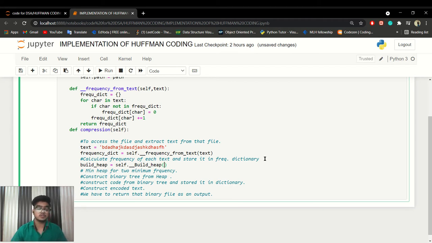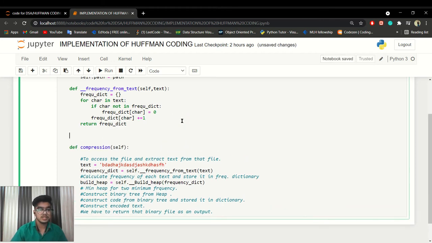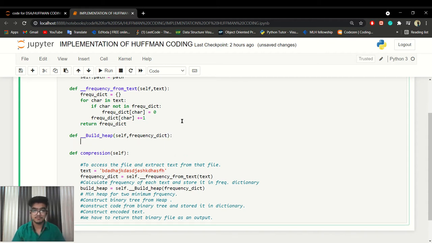And to create that build heap, we actually require the dictionary that we get from there, which is the frequency dictionary. So we are passing the frequency dictionary. Okay, now let's implement that function, which is build heap. And what we have to pass is the frequency dictionary here.